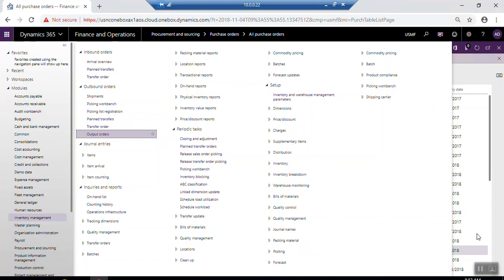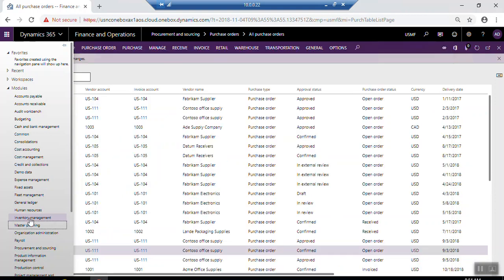There is another dimension which is called the owner. The owner tracking dimension also can be used for inventory tracking. The tracking dimension can be selected manually or generated automatically according to the setup of the tracking number groups. So, if you want to make the setup for the tracking number groups to be automatic or manual, we will see now from inventory management,